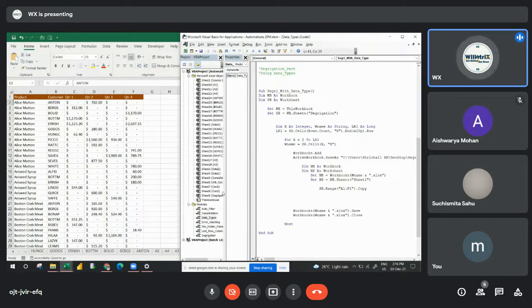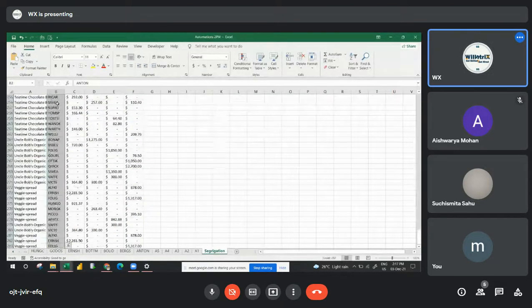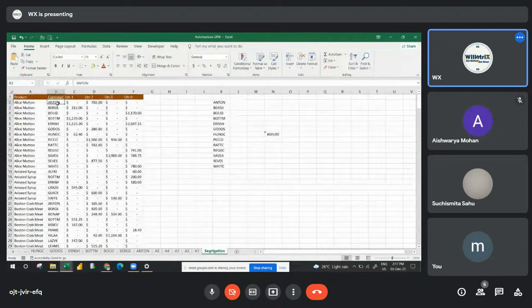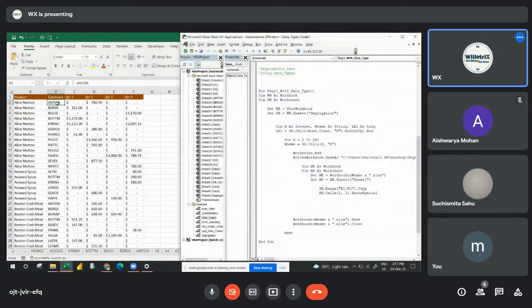Once I copy, where I want to paste, NewSheet.Cells of 1 comma 1, dot PasteSpecial. Header done, copy and pasted that header, correct? The next thing what we need to do, we have to write a loop to hold the customer name and check, correct? See, it's okay, right? Understood?